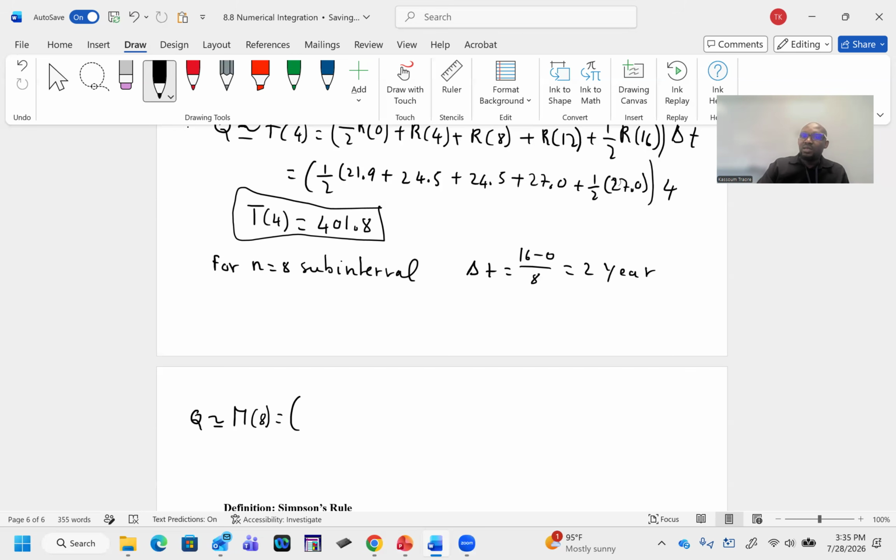So which means 0 to 2. 0 plus 2 divided by 2 is 1. R1 plus R3 plus R5 plus R7 plus R9 plus R11